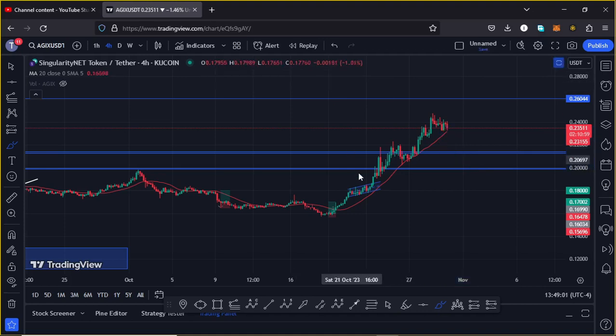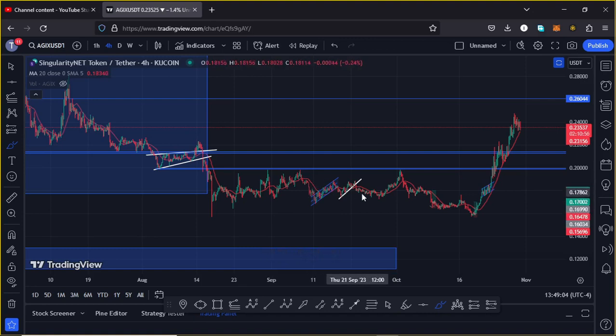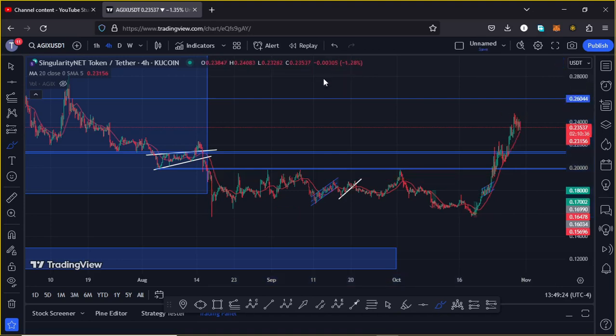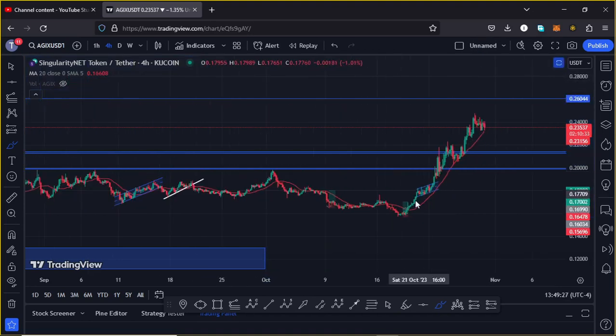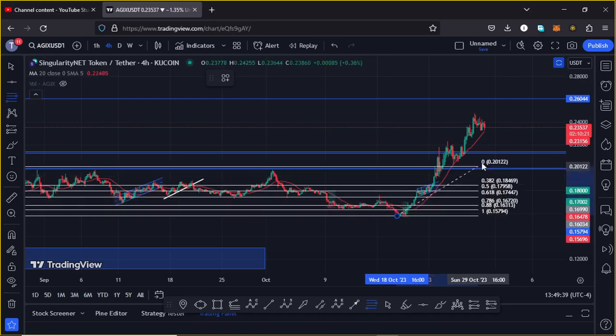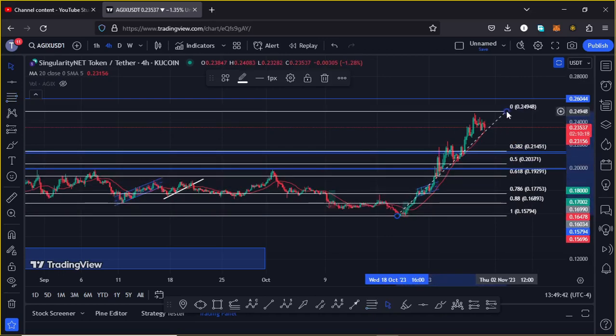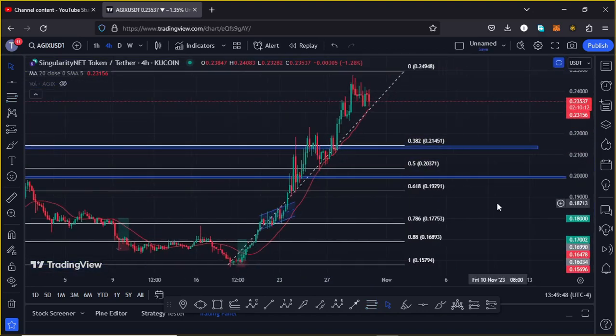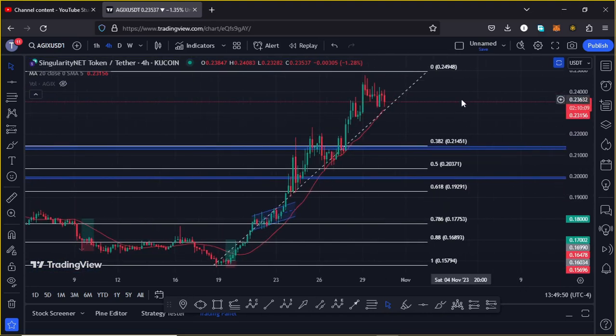And all this is playing out after we saw this massive push to the upper side after seeing much of a consolidation down here. You can see that we saw the massive breakout, breaking above significant areas of resistances. And since there are high chances that at some point we are going to see much of a cool down after seeing this explosive move to the upper side, then using the Fibonacci's, connecting them from the lows that we made down here on the 18th of October to that high, we get a minimum target area within which we can expect a pullback into before we can continue getting impulsive to the upper side.